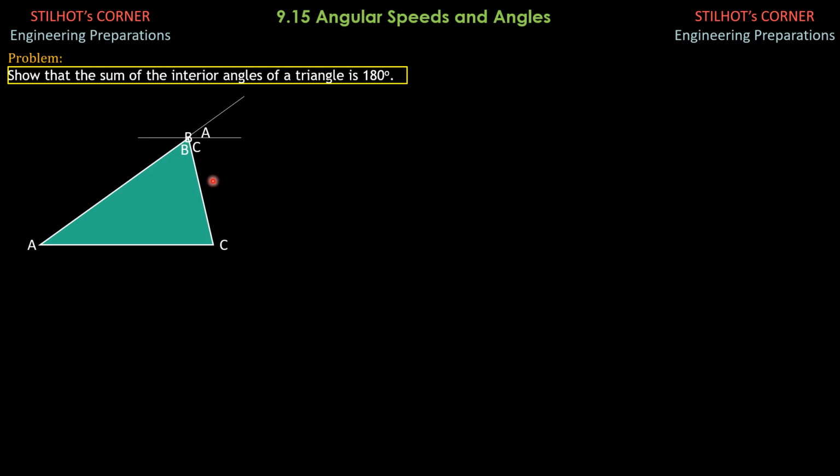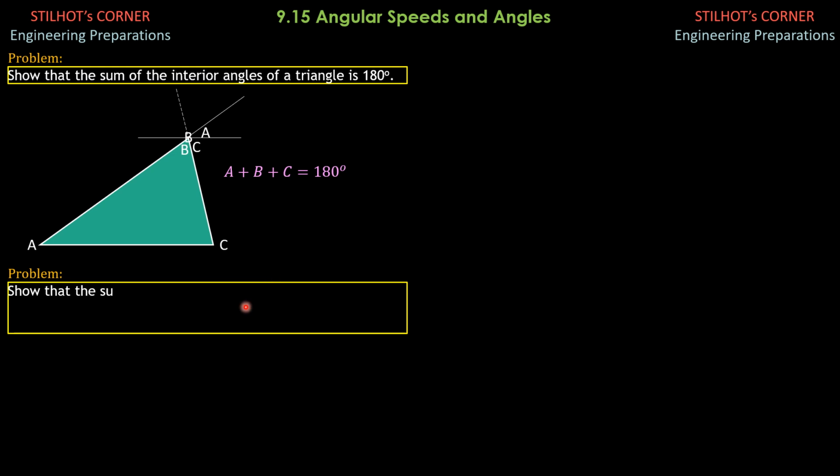Another way to prove that that's angle C, we extend this line, and therefore this angle is the angle between BC, that's the extension of BC. This is parallel to AC, so that's why this is angle C, which is equal to that. Therefore, A plus B plus C form a straight line, and straight line angle is 180 degrees.